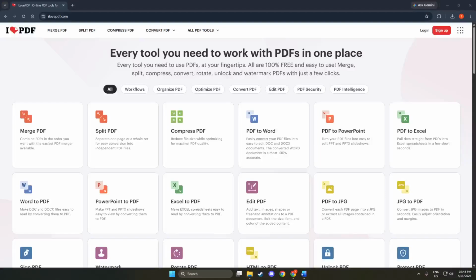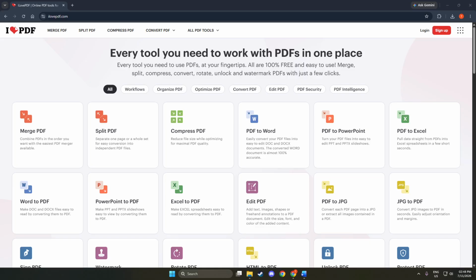In today's video, I'm going to teach you how to add a signature to PDF in Emo PDF. First, let's open Emo PDF in your browser. You can do this by typing emopdf.com into the address bar and pressing enter. Once the page loads, you will see a clean and user-friendly interface.